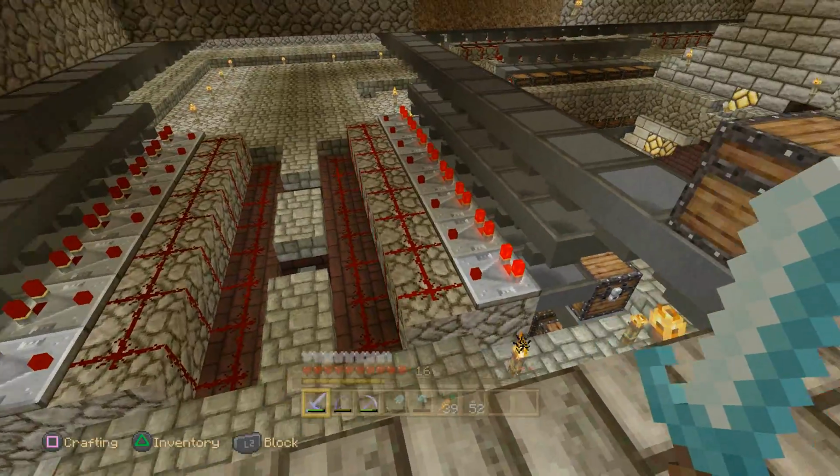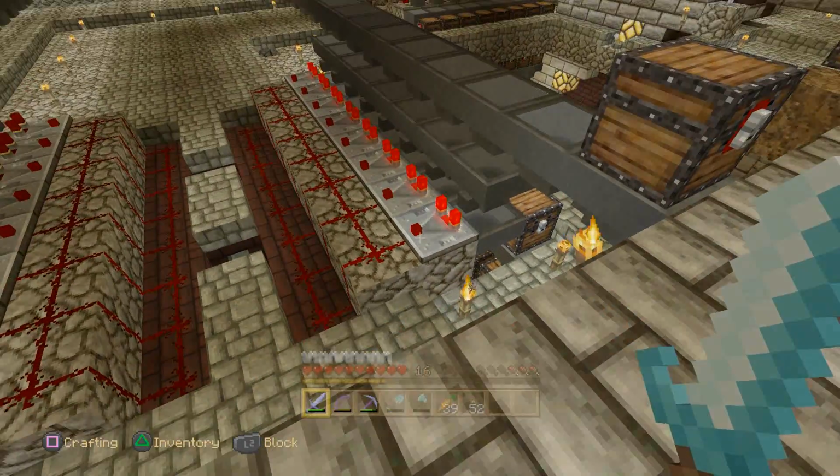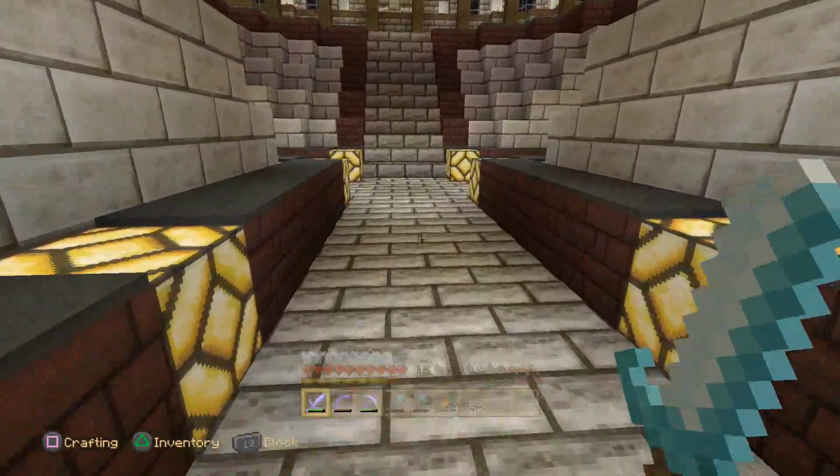And you can see the redstone firing away. That's where it's detecting the relevant item, and it's opening up the hoppers so that it can filter down into the chest. And if we go back down into the chest room, let's...